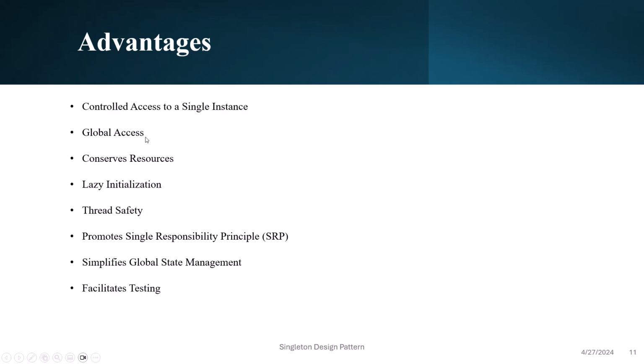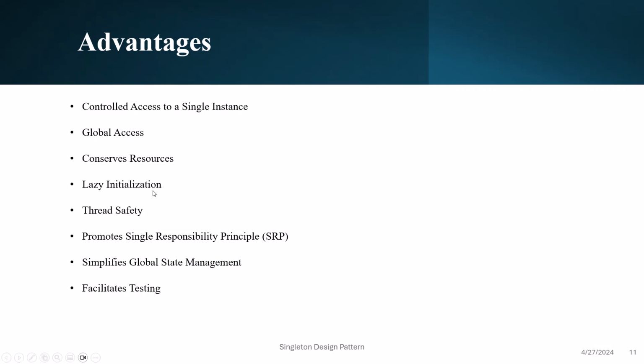Then again, global access. So this is what we are giving: global access to all the resources through the singleton instance. With this, it allows easy access to its methods and properties from any part of the code base. Then again, conserve resources, right? Here it can help conserve resources by preventing multiple instances of a class from being created unnecessarily,